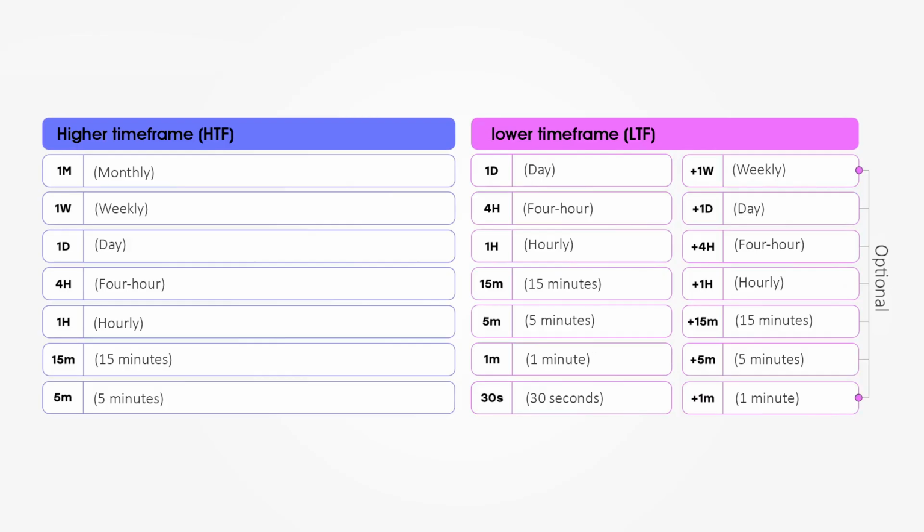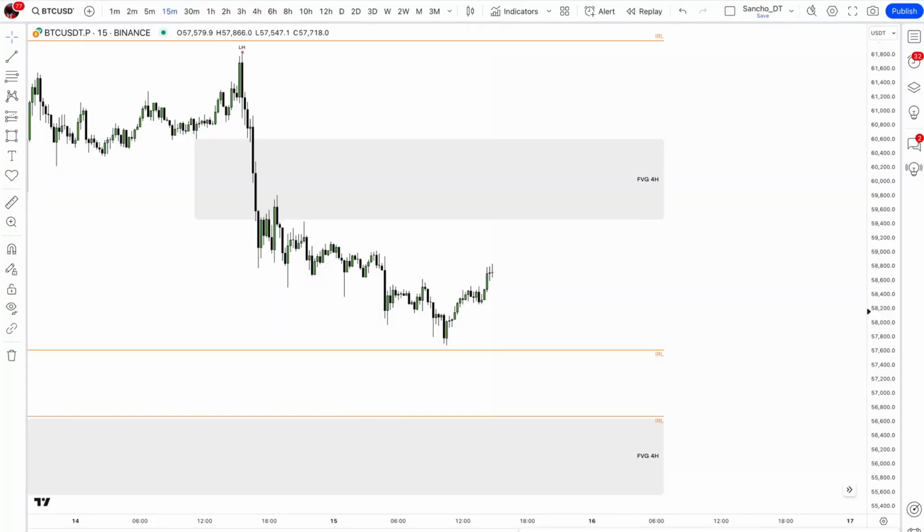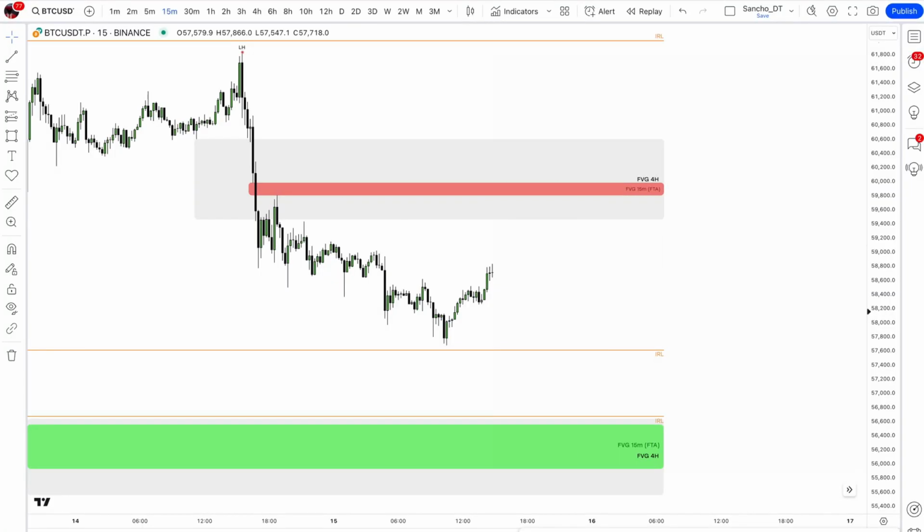Next, we'll move to a smaller time frame to see what actions to take in the zones of interest to increase the likelihood of success. Transitioning to a smaller time frame plays a crucial role and allows you to achieve three important objectives: refine the zone of interest identified on the higher time frame, confirm the reversal, and, most importantly, find the optimal entry point